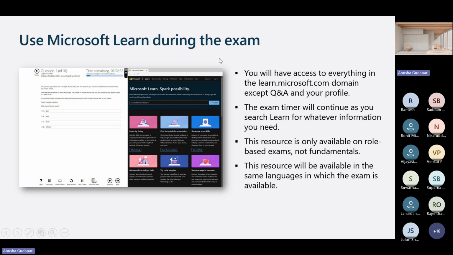There is one more advantage that DP-700 gives: during the exam itself, you can use the Microsoft Learn website to get some help, most like an open book exam, you could say. But I tried to do this once, and it took a lot of time loading the page also. And I'll tell you what, do not think that you will be able to catch the answers easily. This is my experience, because searching for the right answer in that Learn document